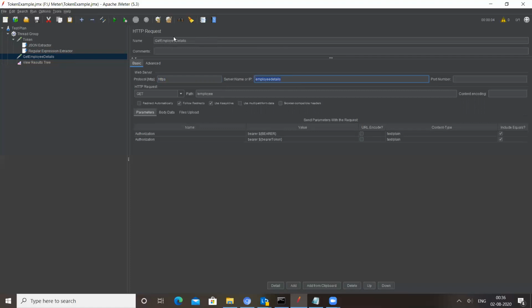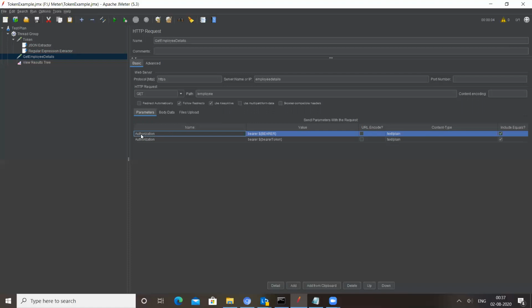In this case also, the endpoint will be divided into three parts: one is the HTTPS, then the domain, then the remaining paths, and this is a dummy URL. I just kept it for verification purposes. Here I have selected the verb as GET, and remember one thing: whenever we are using this bearer token, you will have to pass it under the authorization parameter.